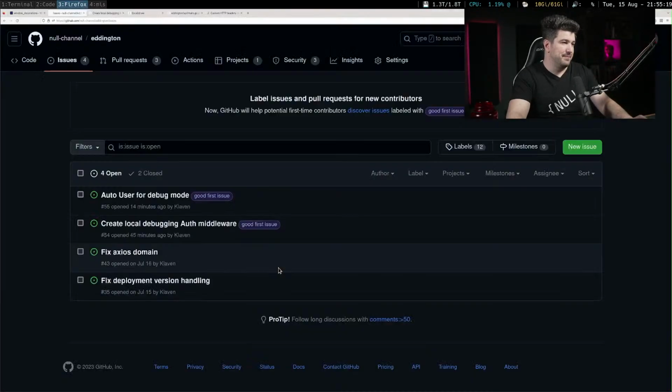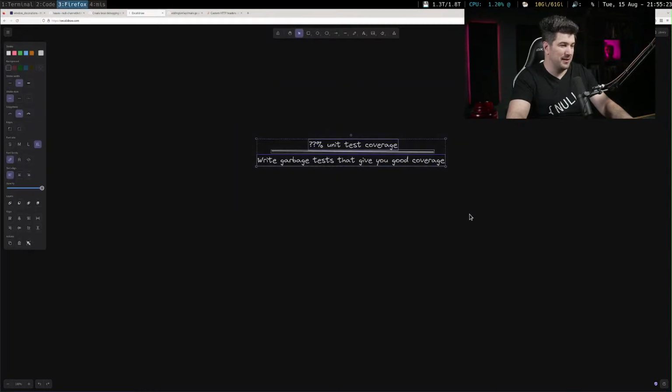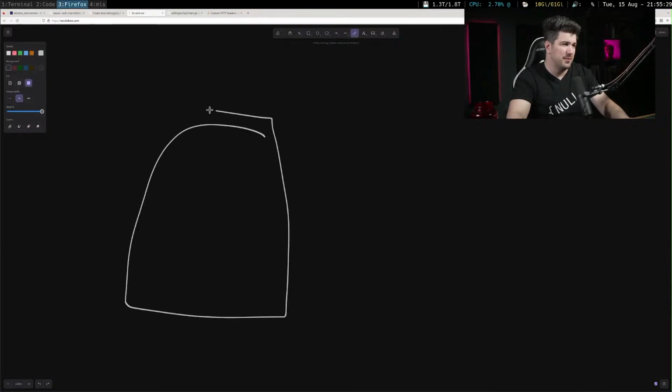Let me draw it, because I'm a pro drawing person, because that's what I am. All right, this is the question. This is your front end. I'm going to denote it with a little gravestone there, because if I'm making a front end, that's what it looks like. This is a front end. And this is the back end.